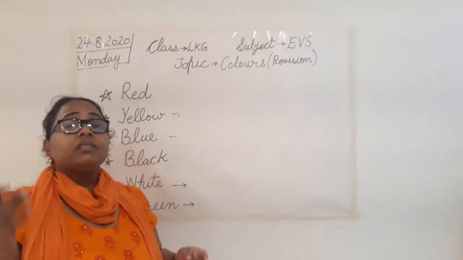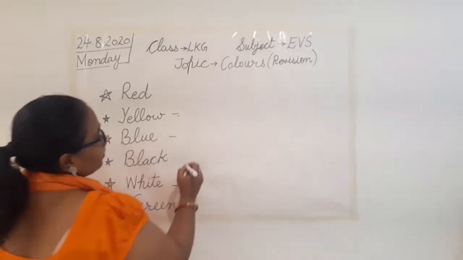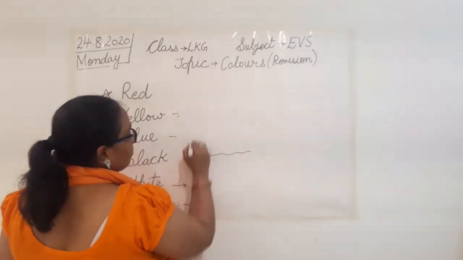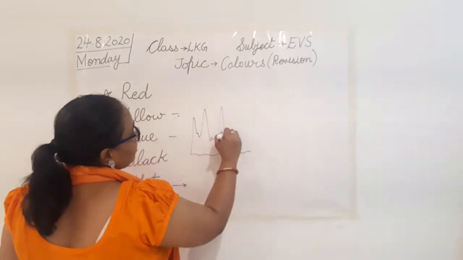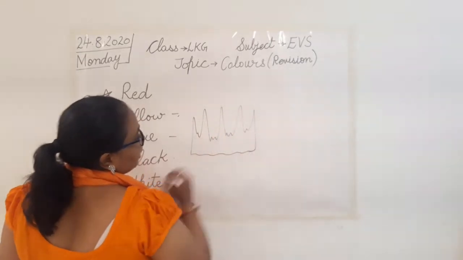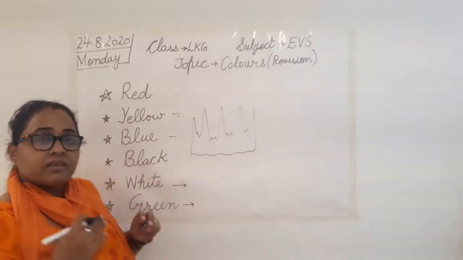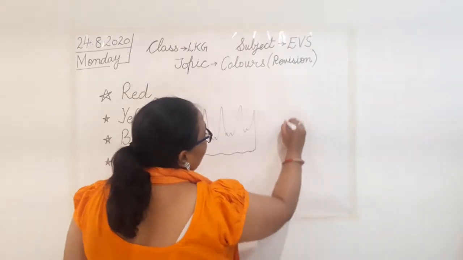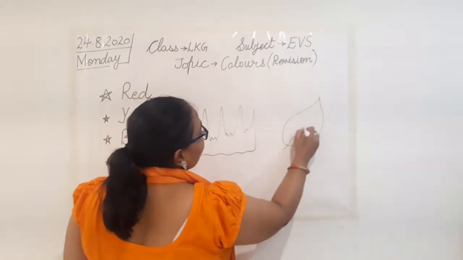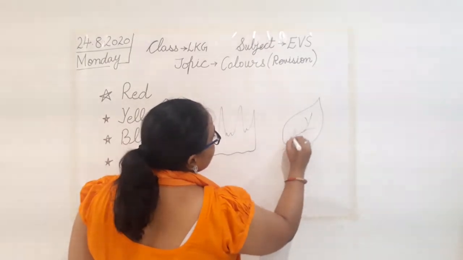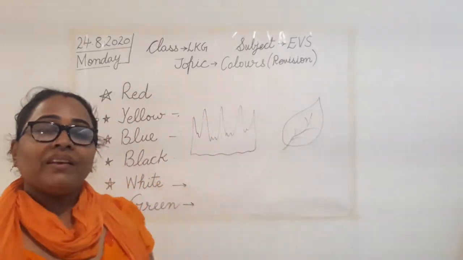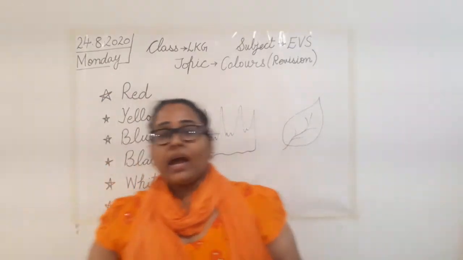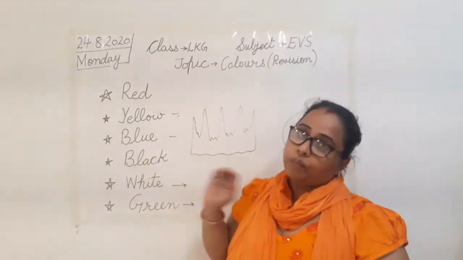So one we have is green grass. You remember that? So how can we draw grass? First draw a zigzag line, like our ground is done, and after that draw some lines like this. So this is our grass, and this grass is green in color. Next we can draw a leaf. So you all know how to draw a leaf. You have learned that with alphabet L also. So leaves are also green in color. Understood all? Now this is how we have revised and practiced colors with their objects.